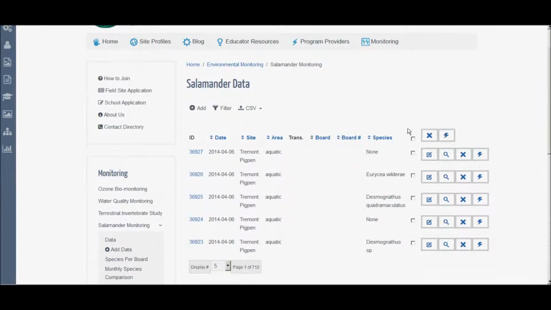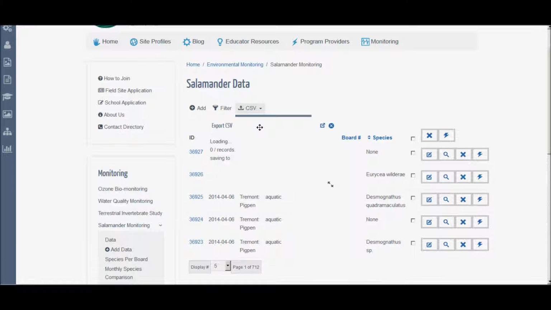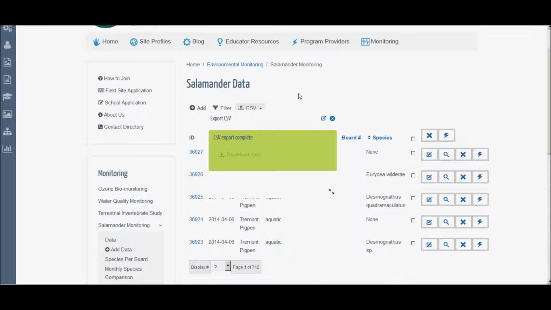After we do that, we'll have a list of all the different records. In this case, there are 712 records for this site. We will export it via CSV. CSV files can be imported into Excel, OpenOffice, or any other spreadsheet tool. Depending on how many records you have, it will take more or less time to export the data. In this case, there's 3,500 records. Then you should have this export complete